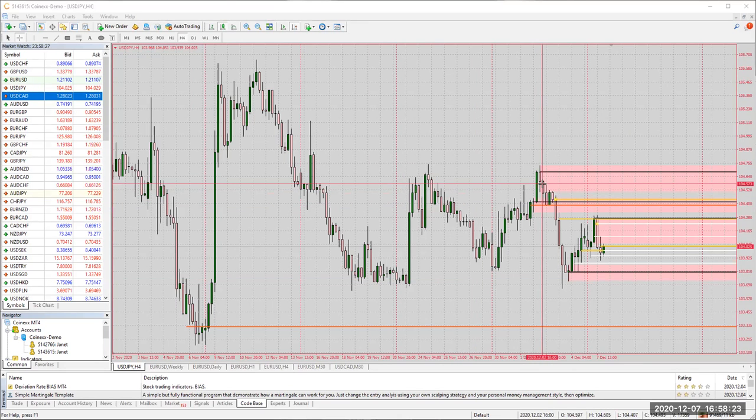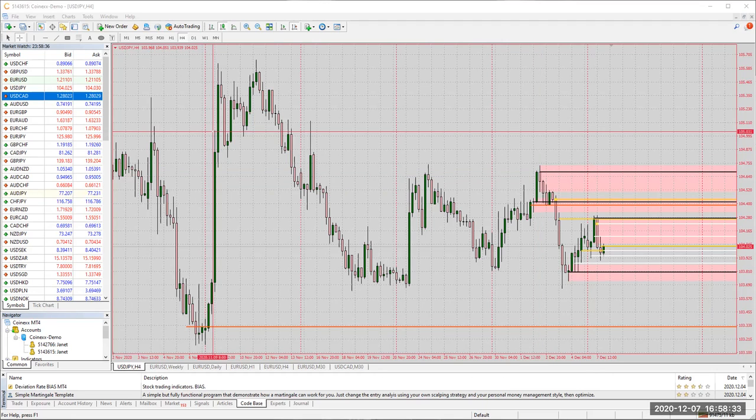Okay, I'm back on the UJ 4-hour. I'm looking at this zone here. There's a candle closing 12:02 at 12 o'clock. Looks like a railroad. Now I'm going to mark that again so I don't lose it. And now I'm going to jump over to the 30-minute to see if I can find the corresponding candles that